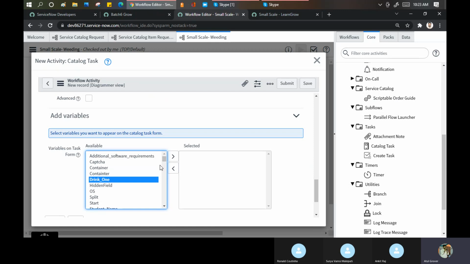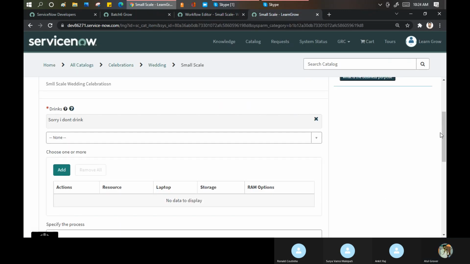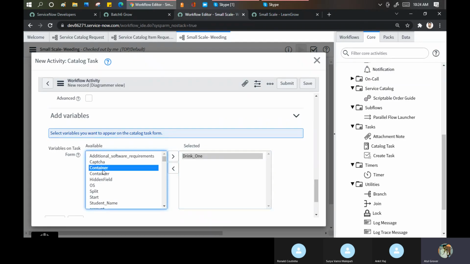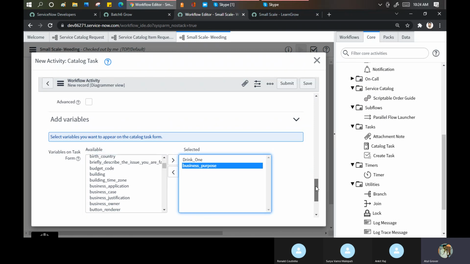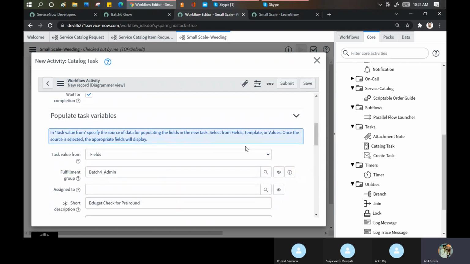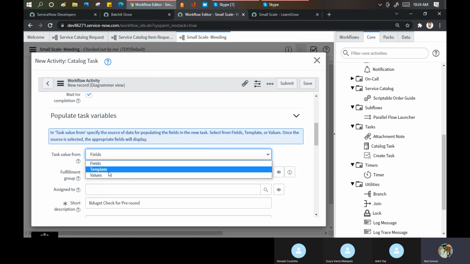Drink underscore 1 is showing. Fine. See, let's see what will happen. Primary content. Oh, this is business purpose. Let's see what is this business purpose. There is something. Business case. This is business purpose. Okay. Now if you want to see on the field, you can go here. You want to populate these things from the field or you have some template. I say I go for the fields only.